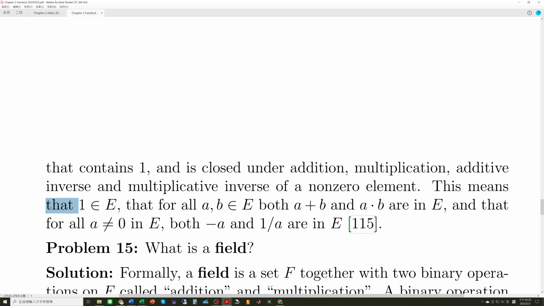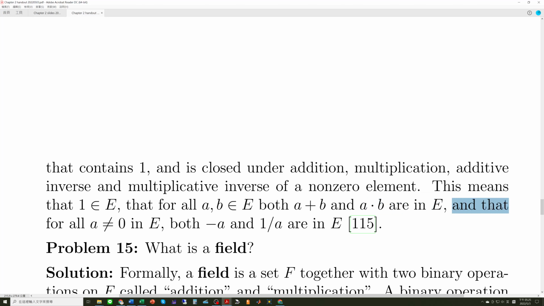This means that 1 is in E. Why must the number 1 be in E? I will explain it later. That for all A, B in E, both A plus B and A dot B are in E. Because the subfield is closed under addition, for all A, B in E, A plus B must also be in E. And the subfield is also closed under multiplication, so A dot B